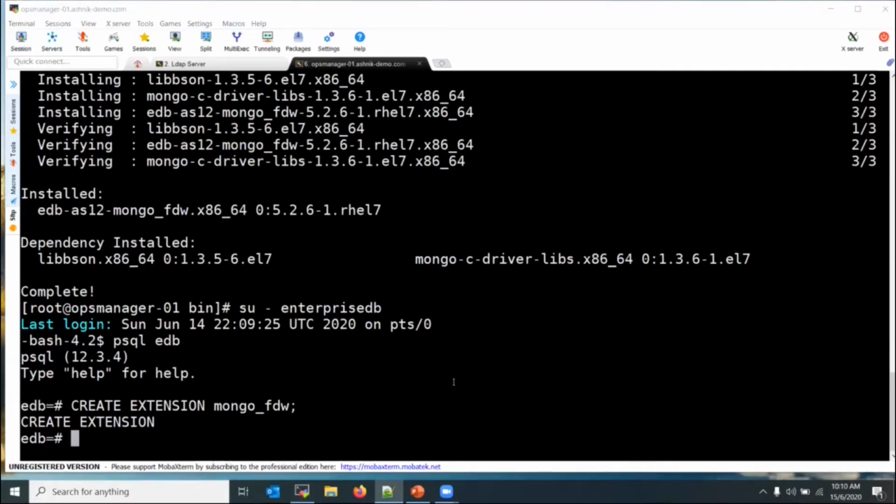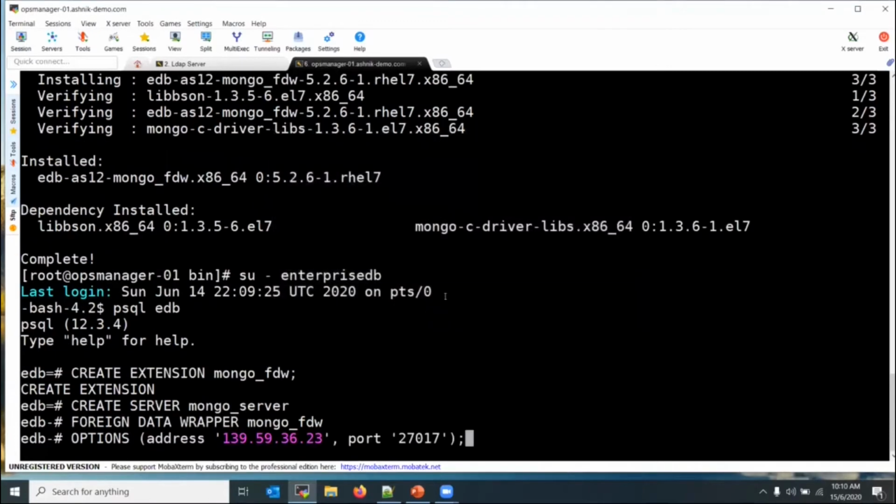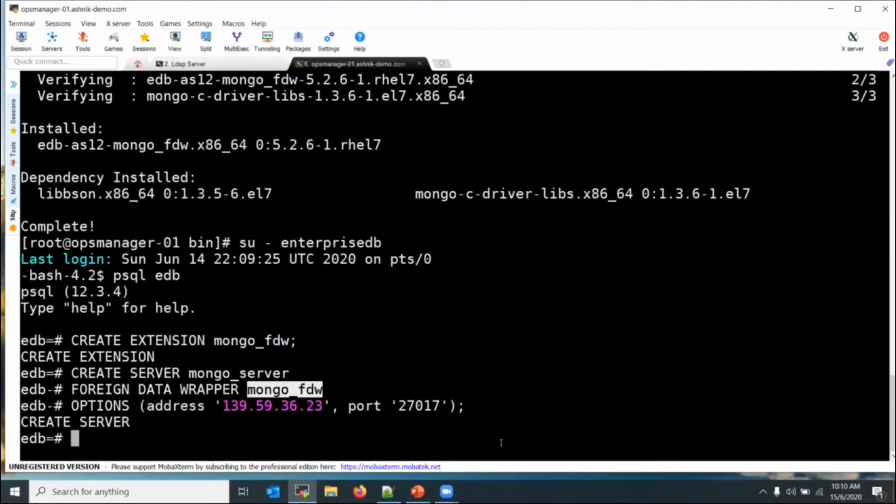This is going to be my MongoDB. So here I'm creating a server object called mongodb_server with the foreign data wrapper on the extension which I created, mongo_fdw, and this IP address is my MongoDB server and the port number where MongoDB is listening.